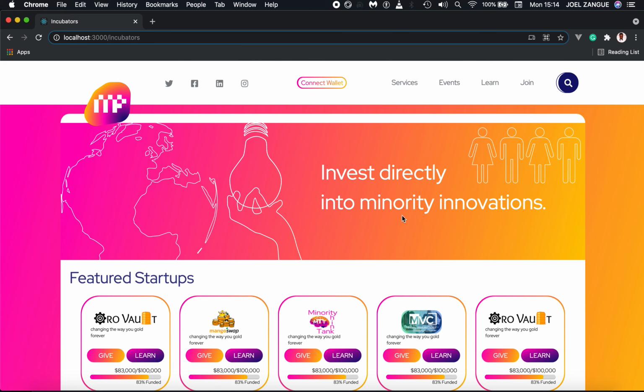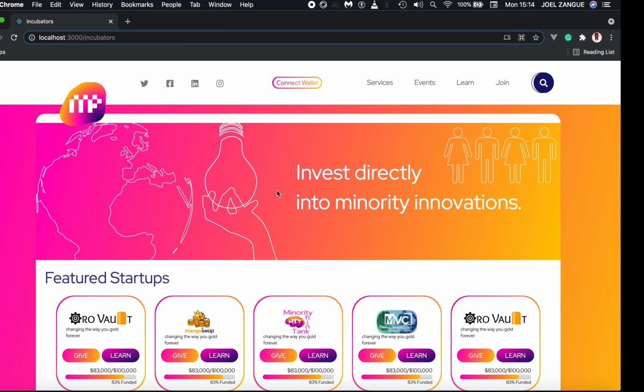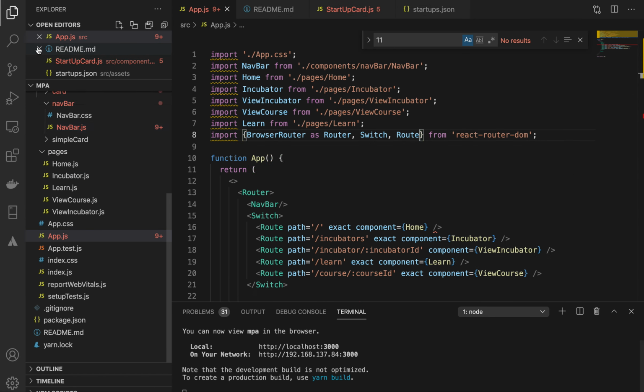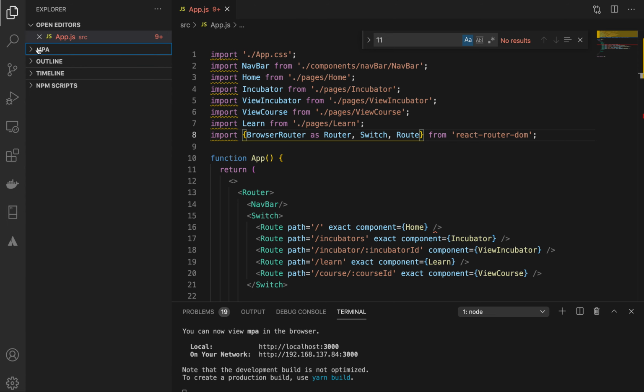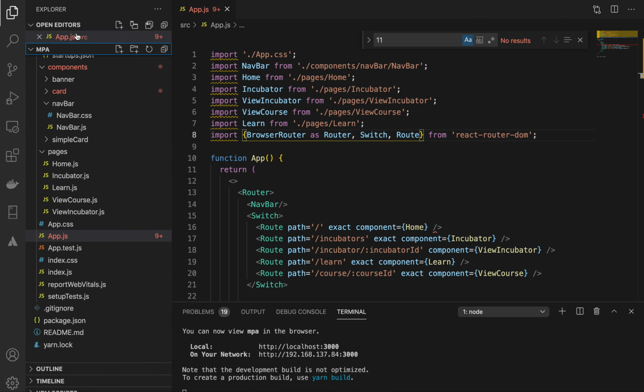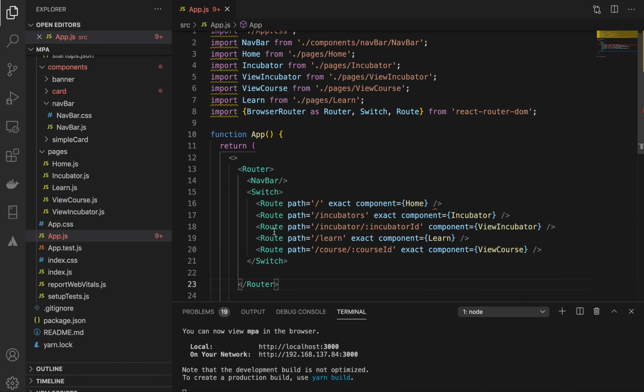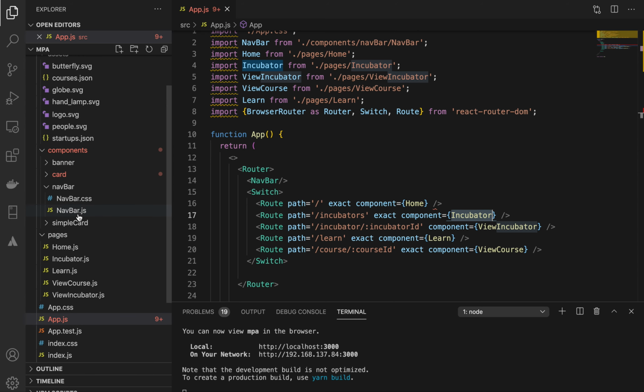So from here, we are going to head to our code to do a brief code review. As you can remark, my code editor is Visual Studio Code, and this is my app.js file where my routes are being declared, and all the paths are being set here with the components. Let's look at this component called incubator. So the incubator component implements an incubator page,